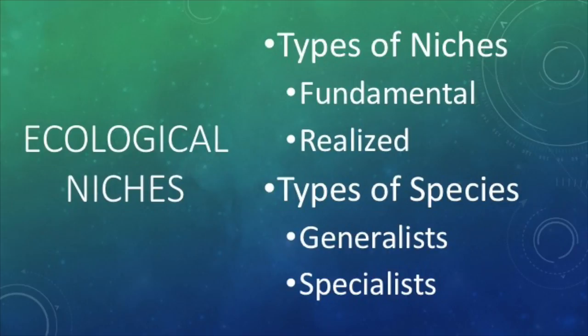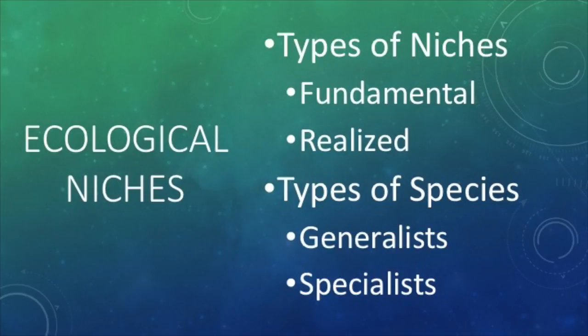This role is called an organism's ecological niche. The full potential role an organism can play in its environment is called the fundamental niche. This includes its role in the biogeochemical cycles, food webs, and any necessary abiotic factors the organism needs to survive. This is not realistic in nature because competition is a natural thing. Species are almost always in competition with other species for the resources they need in their environment. This competition splits niches apart, and organisms find what is called their realized niche. This is the portion of the fundamental niche of an organism that the organism actually fills.